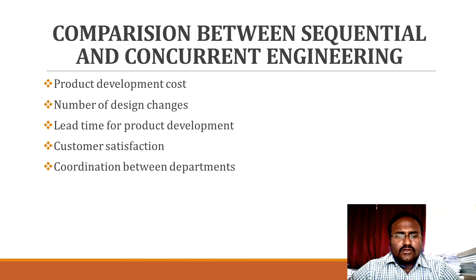Then you have to follow the coordination between the departments in your company, like the production department, quality department, and marketing department. You have to create some standard coordination between the departments. Then only the product will be of very high quality. Okay,